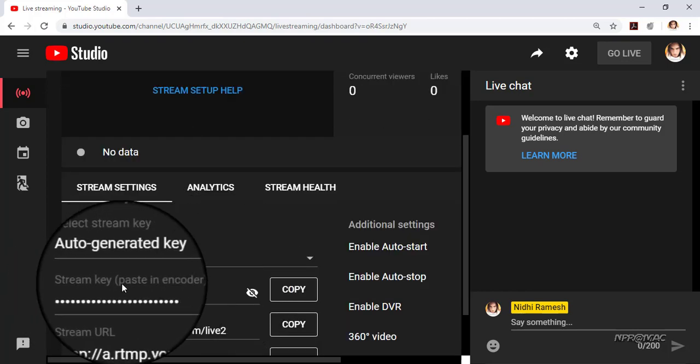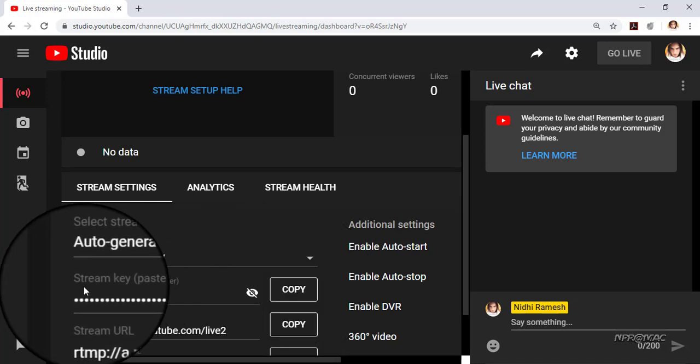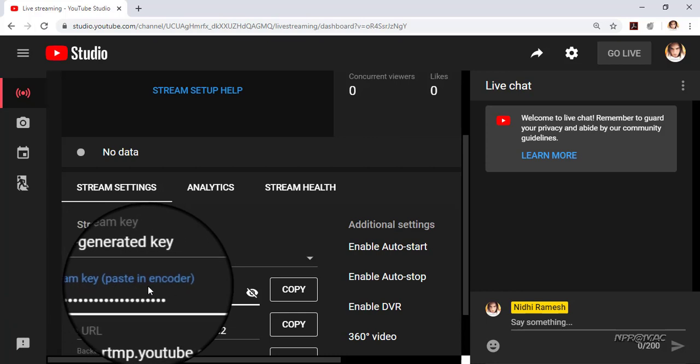In the upcoming window, you will see a Stream Key box. You can copy the key using the copy button and paste it on a text file.